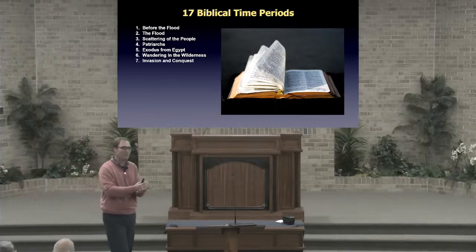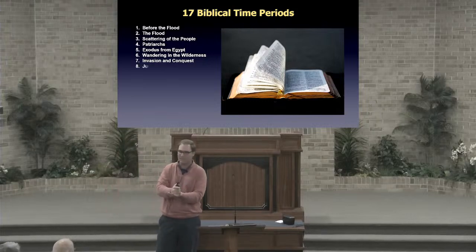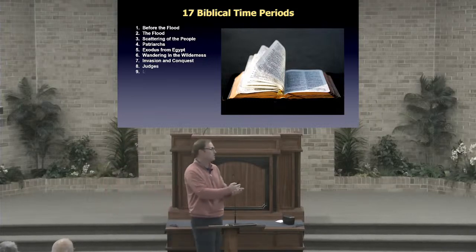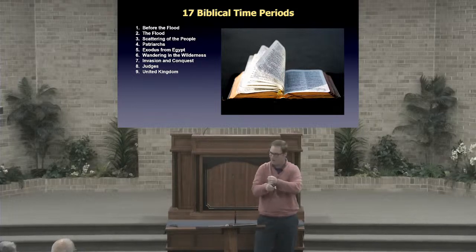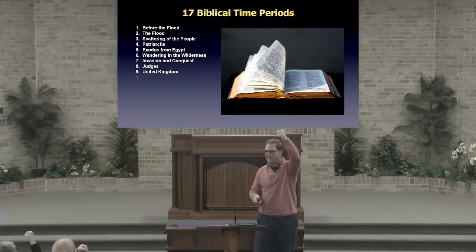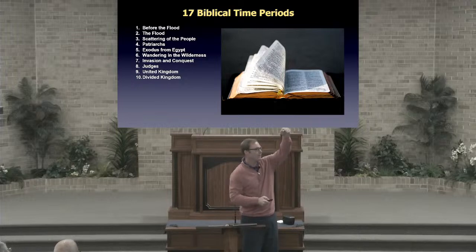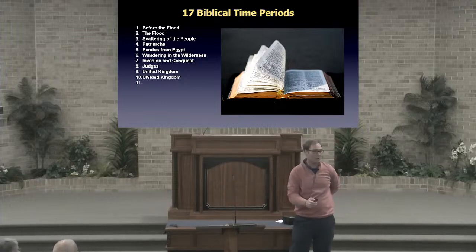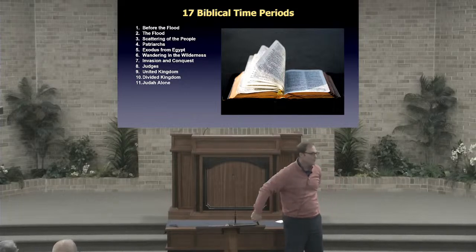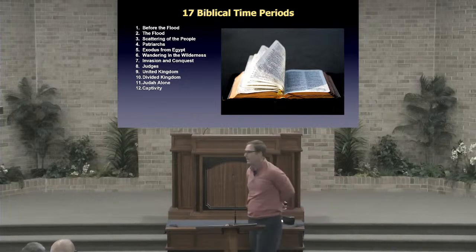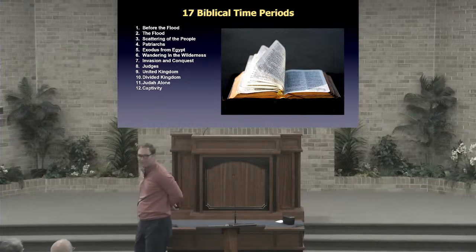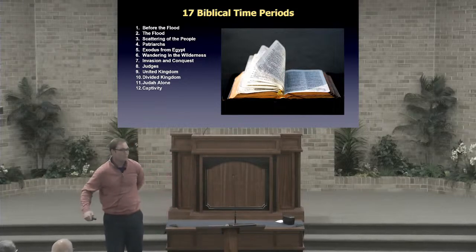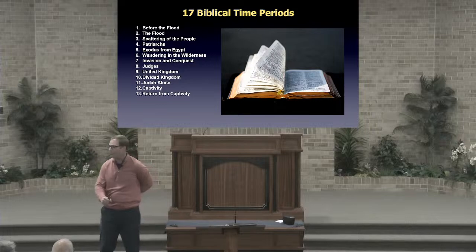All right, then we have Judges, okay, good. After the period of the Judges, United Kingdom, all right, then divided kingdom, okay, good. All right, who goes away first? Yeah, Israel does. We have Judah alone, okay, and then we're all in bondage together, captivity, okay, good. Now we return from captivity, okay, followed by the